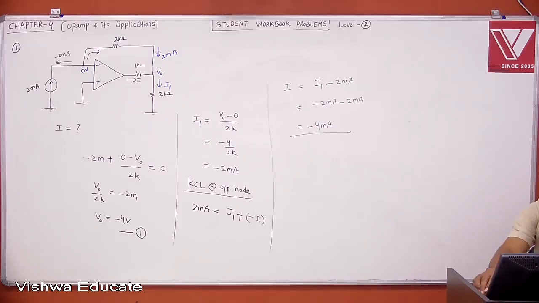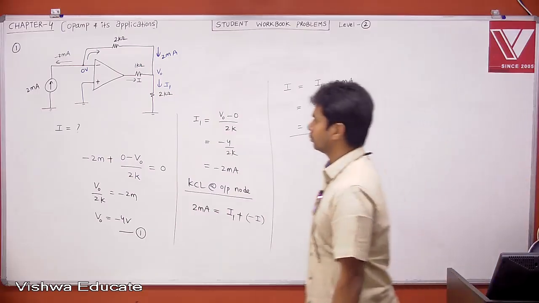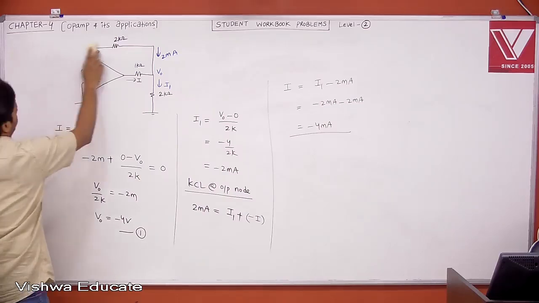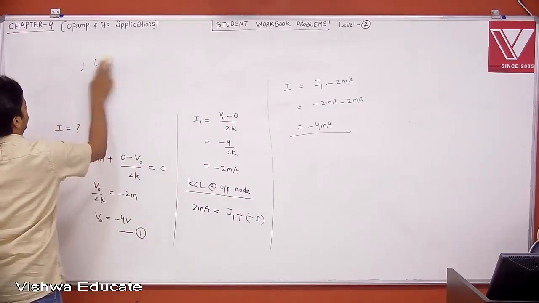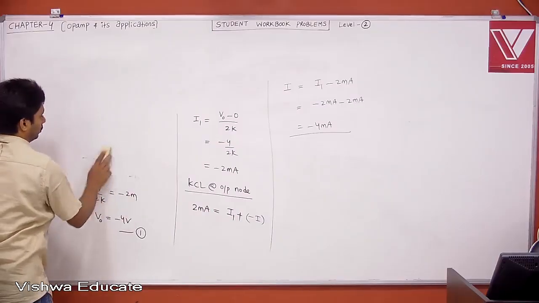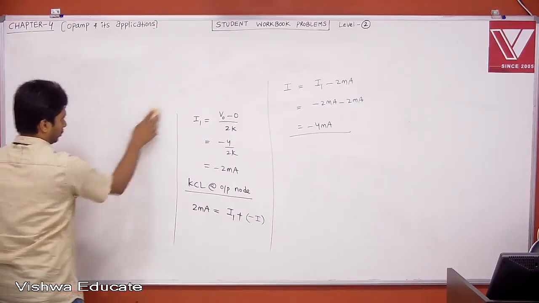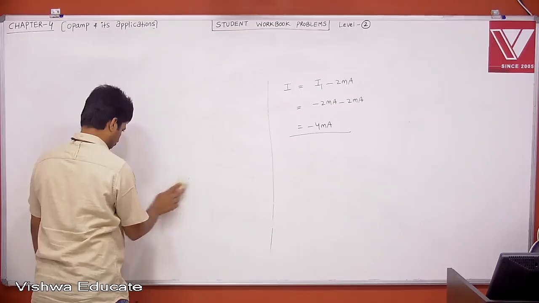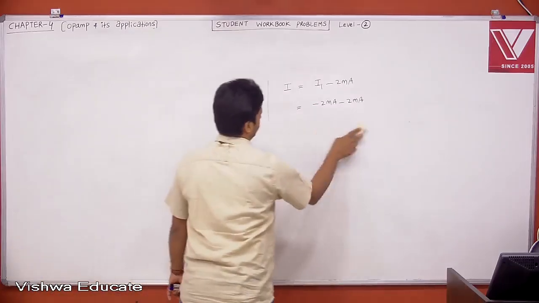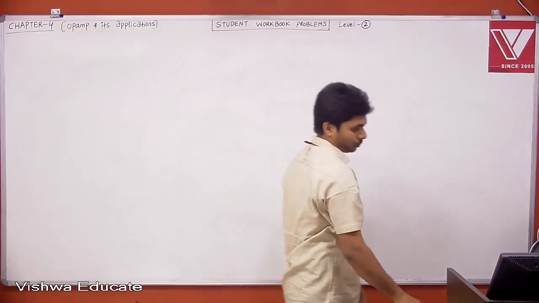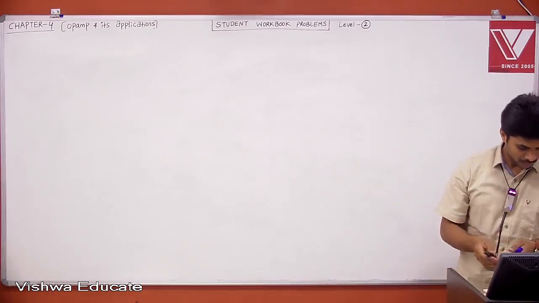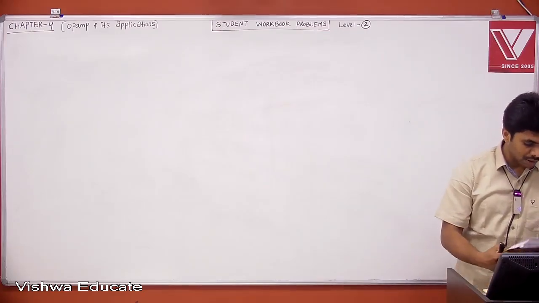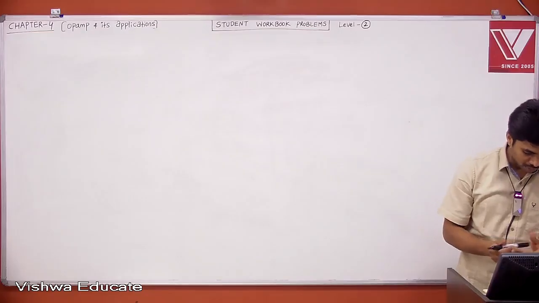Done. Problem number 2. For the ideal op-amp circuit shown in the figure, determine the output voltage V0. Okay, the circuit is